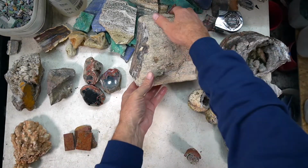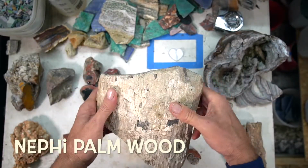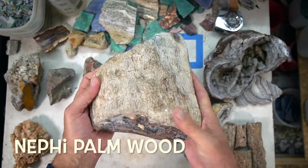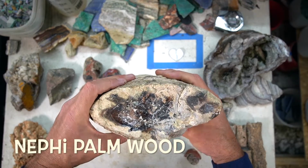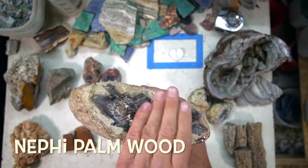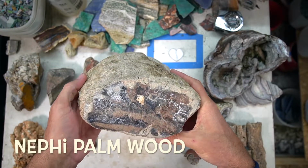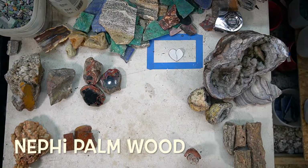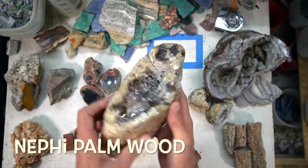All right, here's one you've seen before. Nephi palm wood. This is my best chunk of Nephi palm wood. I've been out there numerous times, and I've only really found palm wood one time. Really is all just one time. Maybe it was 2 times, I don't know, but I've been out there, and it's pretty rare to find palm wood. Let me dunk this one for you. Doesn't change too much,